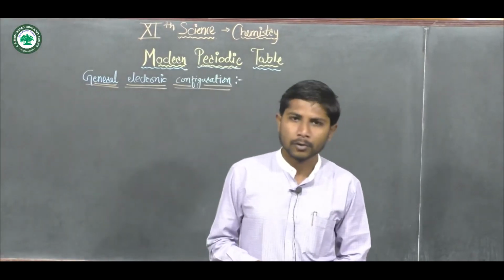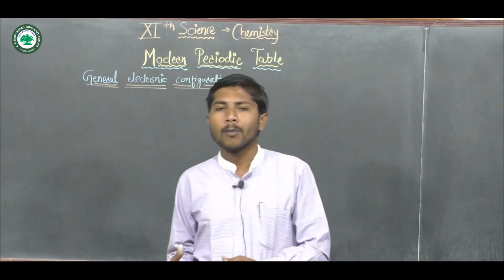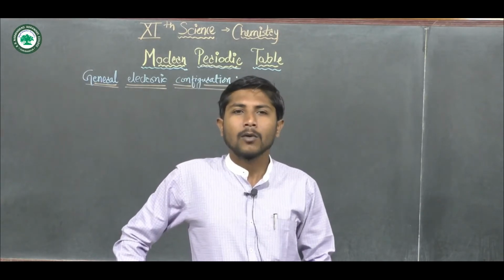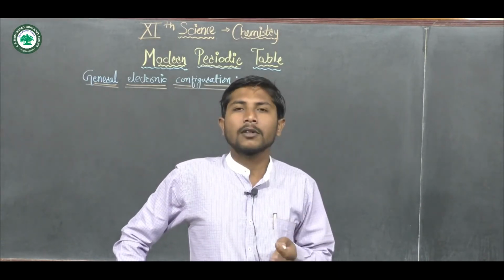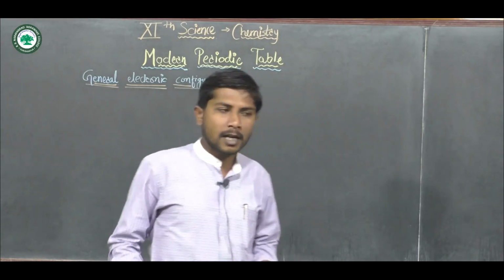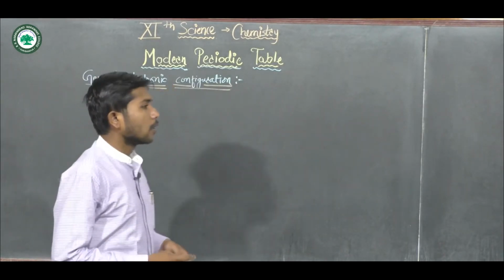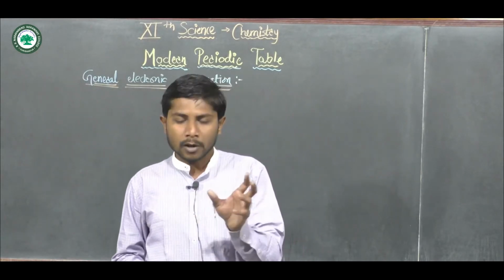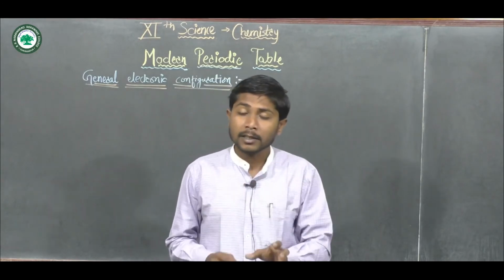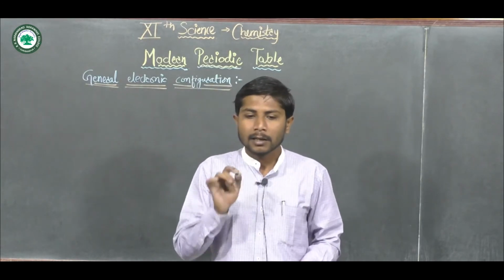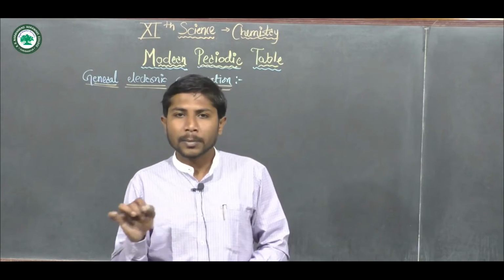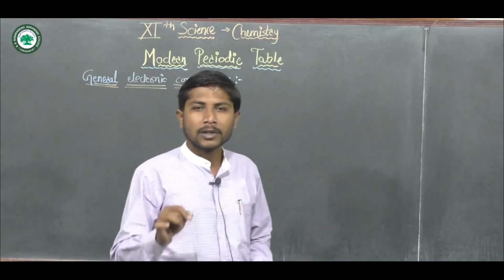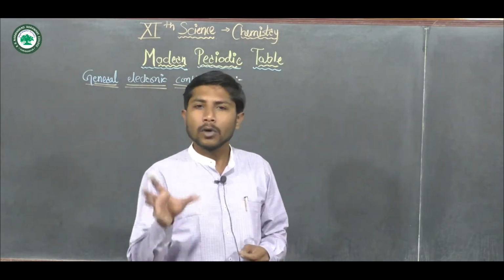In our previous videos, we were discussing the modern periodic table, that is, the systematic classification of elements, what the need was, and how different approaches were made by different scientists. Now we have seen that the modern periodic table consists of 7 horizontal rows called periods and 18 groups, and the intersection of those horizontal periods and groups makes the 118 boxes which occupy the 118 known elements.